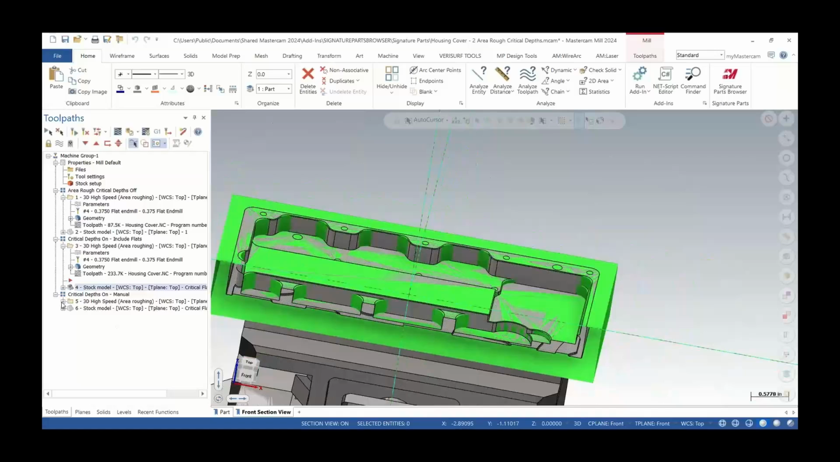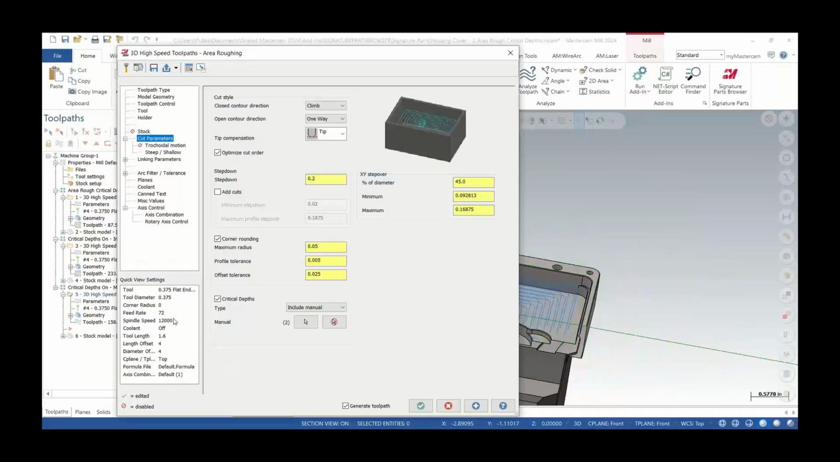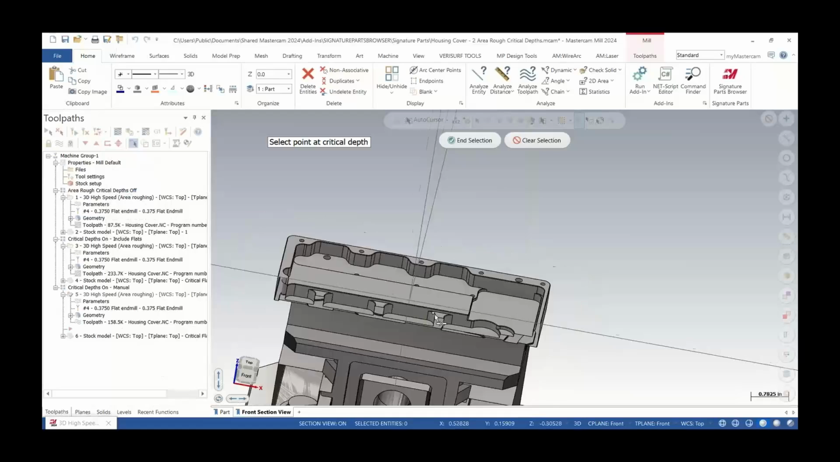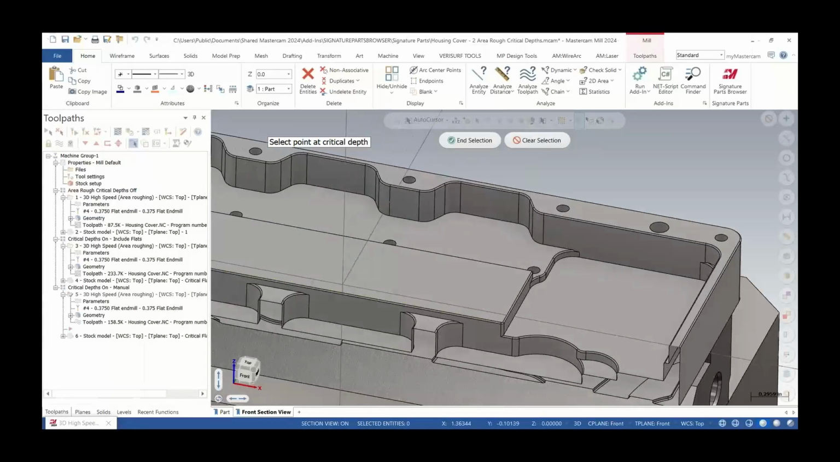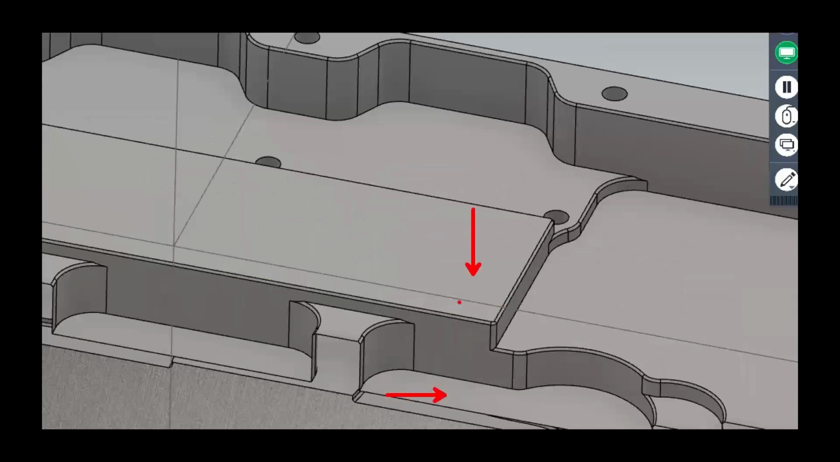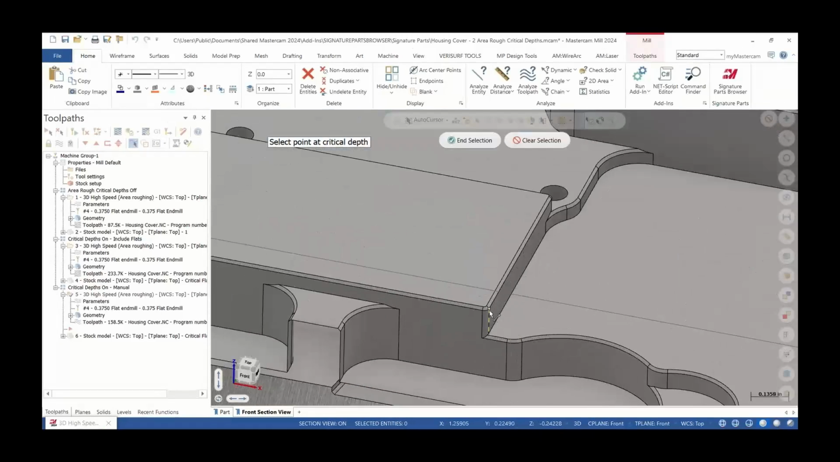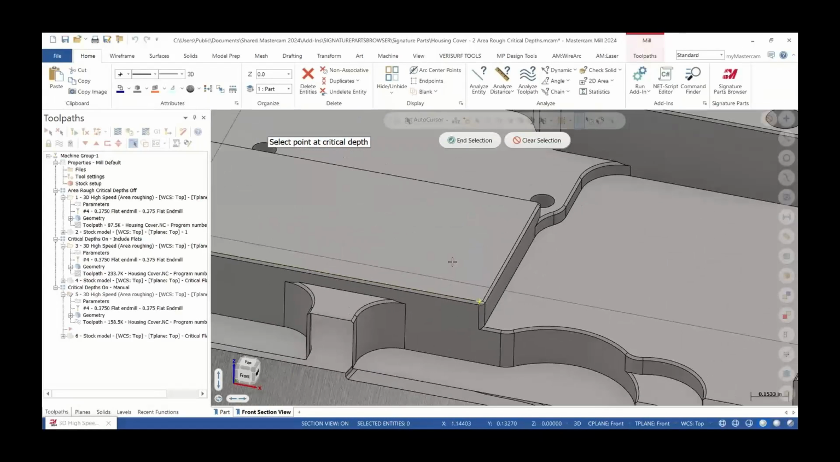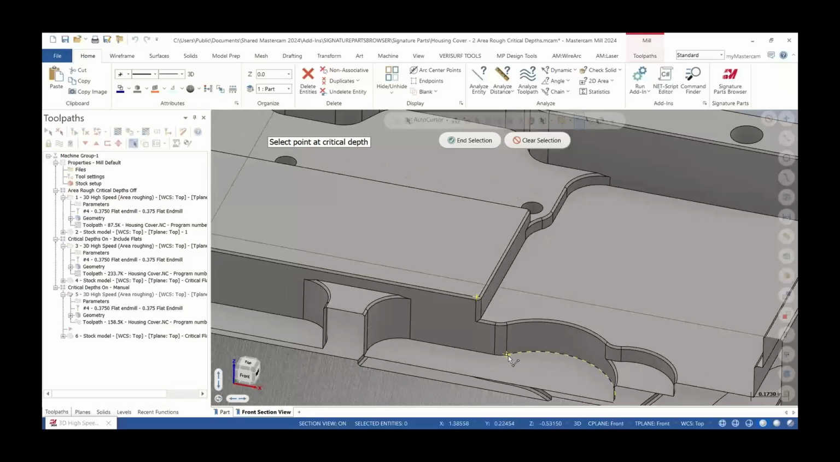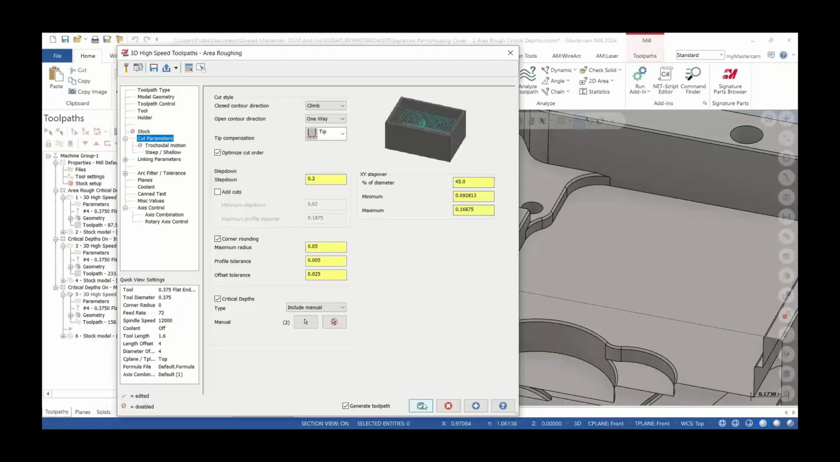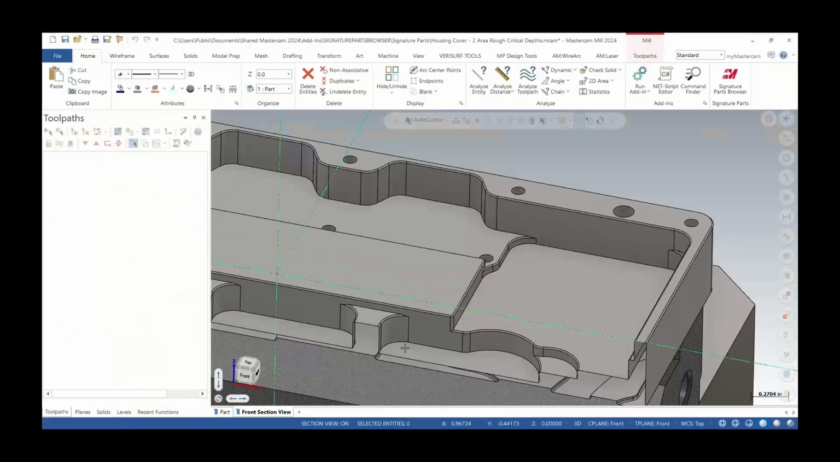So a nice enhancement to that critical depths here is this include manual. So if I remove these points and I select where I want to pick, let's say I wanted this surface and this surface, I can click a little edge point on the face of that part, as well as down here. And by clicking the end selection and green checking,